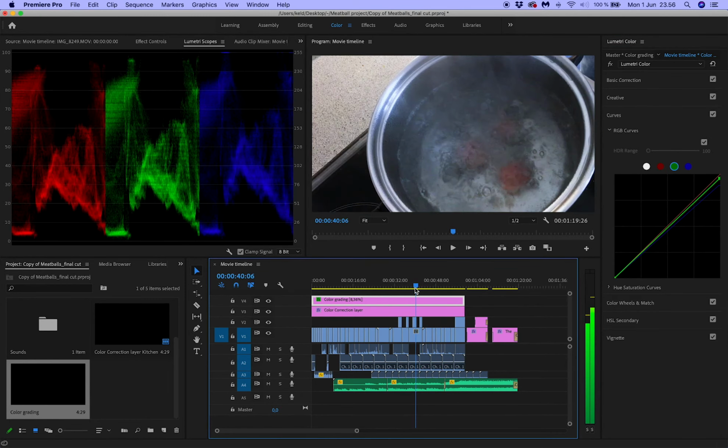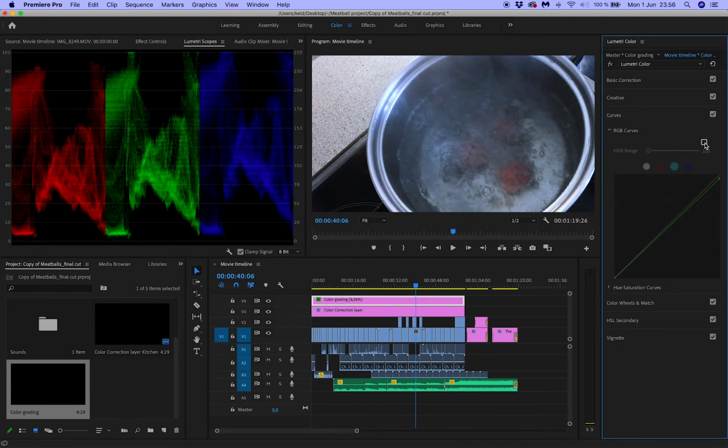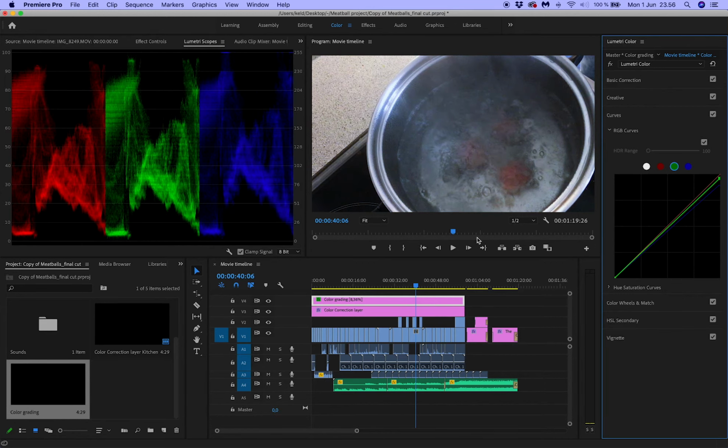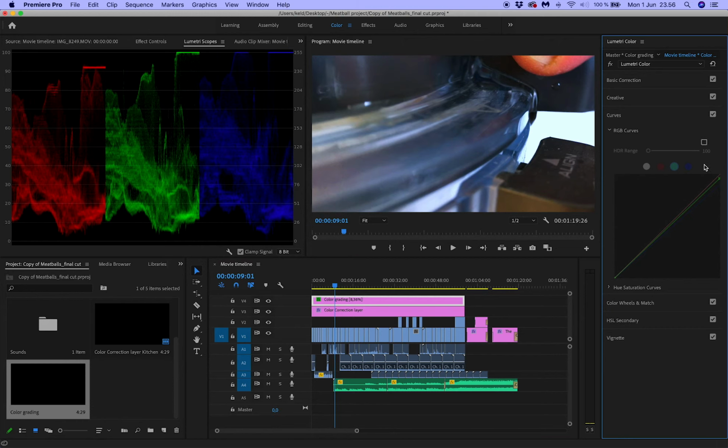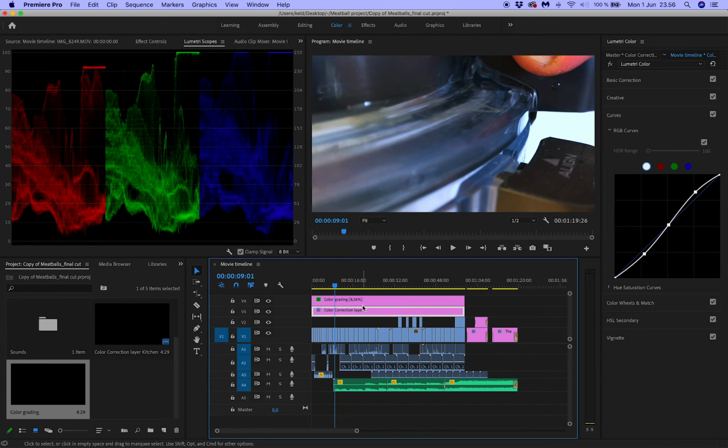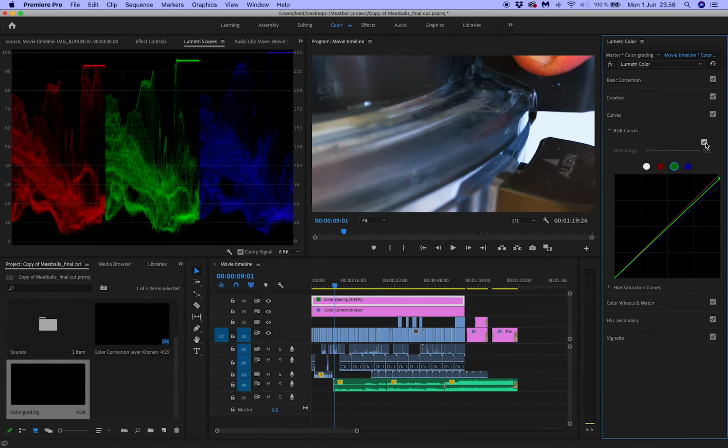Perhaps if we go to another image, this one, actually it looks a little bit better. If I take this off, you can see that blue and green were also overrepresented in this image. So this may be something that my phone did. And even in this image, if I take them away, oops, I was actually doing this in my color grading. I should probably be doing this in my color correction